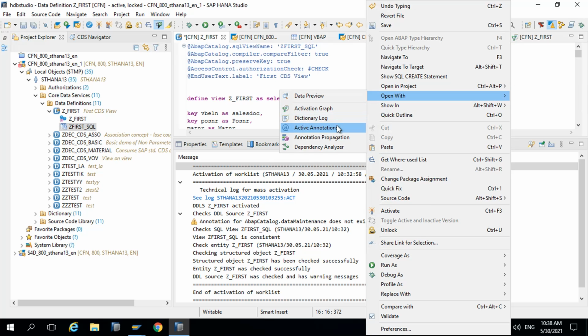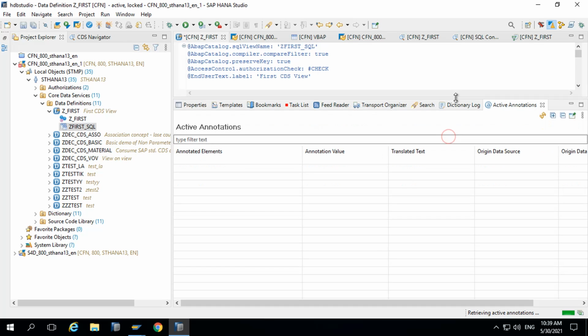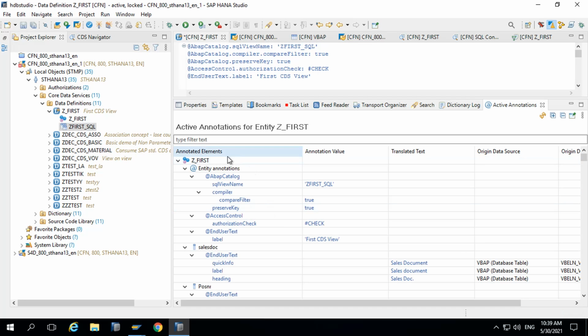You can also do active annotation. You can go here and see all the annotations which are attached to it. These ones and the more you will see. It will take some time because there are a lot of fields available. So here you can see we have this entity annotation, ABAP catalog. Under that we have SQL view. Under that we also have a compiler, so it is coming under that, and we have all the default checks